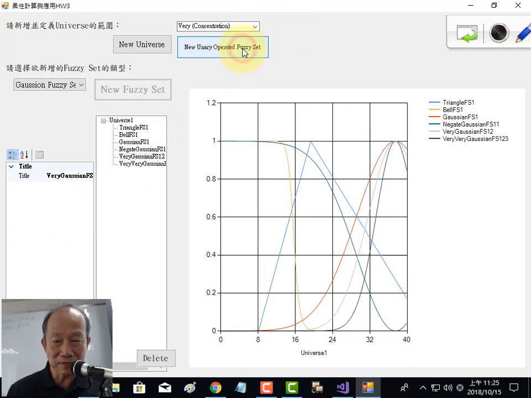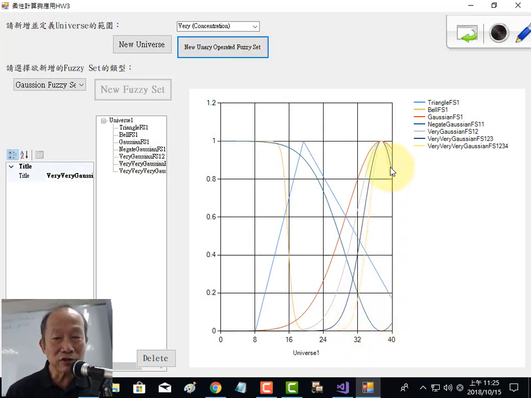So let me try it. See, this is very Gaussian 1. Again, if I select this very Gaussian, I click expand. Okay, very probably old anyway, young or old, something like middle age. Okay, that is the whole mechanism. We take advantage of object-oriented design, and then you can quickly implement all kinds of operators and newly created fuzzy sets. Are there any questions? For your assignment 4, you need to complete this unary operated fuzzy set, and also create a new class for the binary operated fuzzy set,